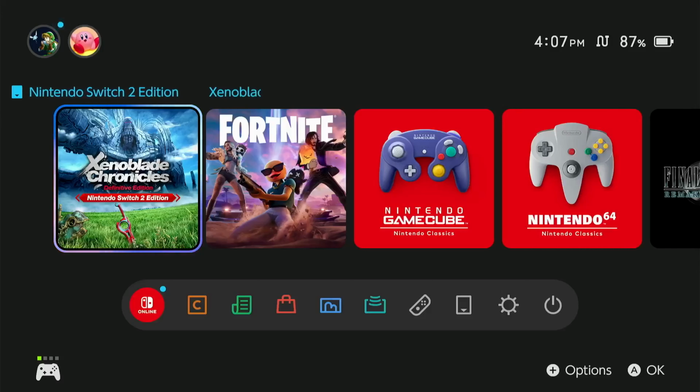In this guide, I'm going to show you how to fix a Nintendo Switch 2 if a game keycard isn't